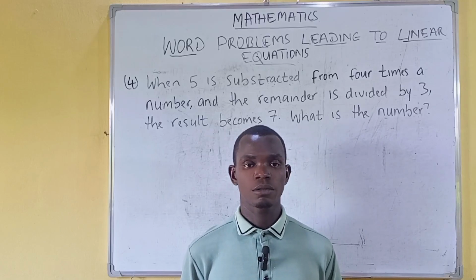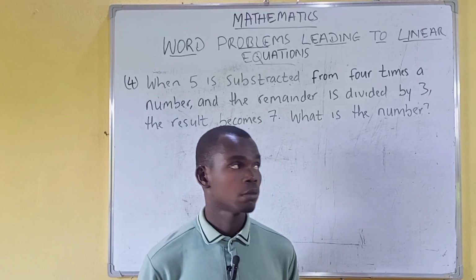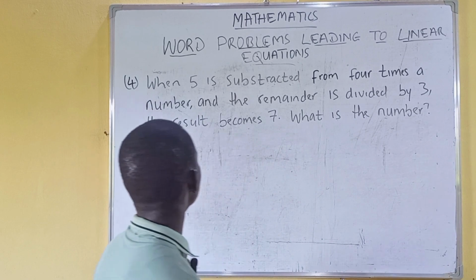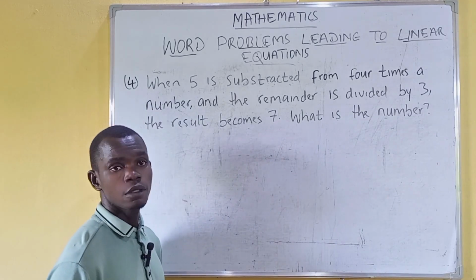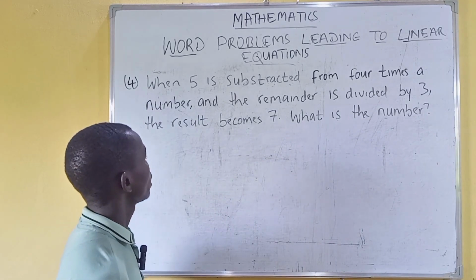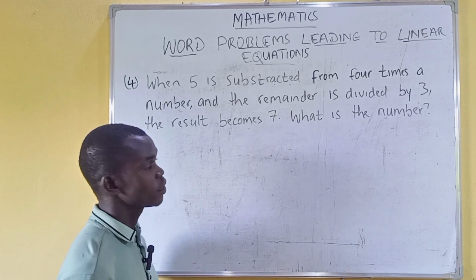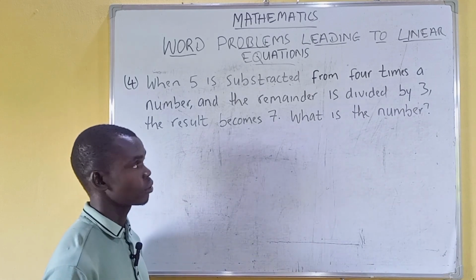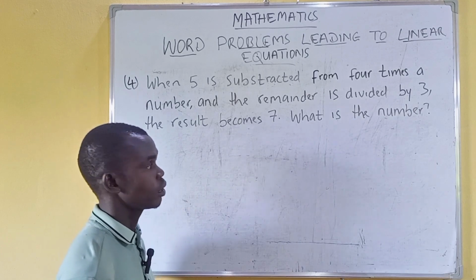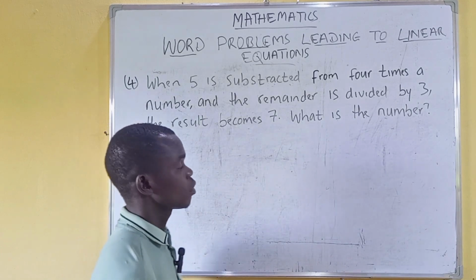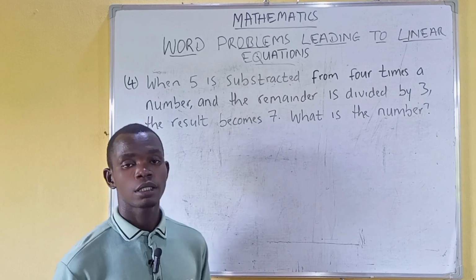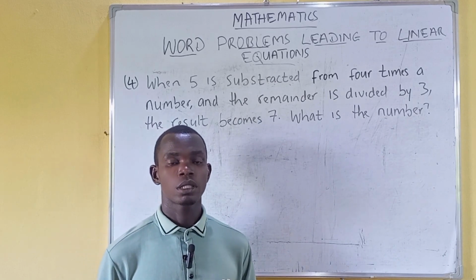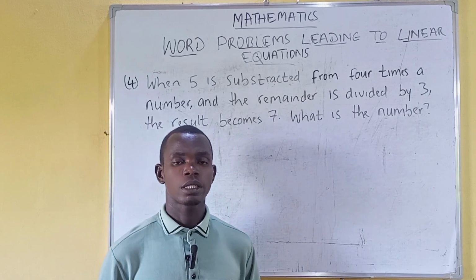Let's look at question 4 on word problems. When 5 is subtracted from 4 times a number and the remainder is divided by 3, the result becomes 7. What is the number? From here, we will follow our 3 rules, which say that we should choose a letter